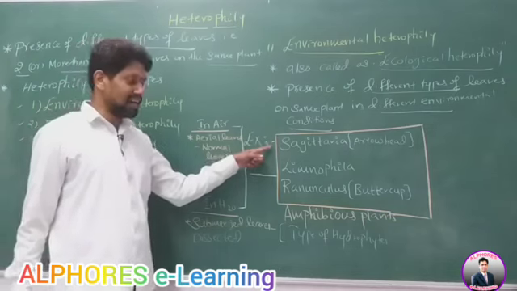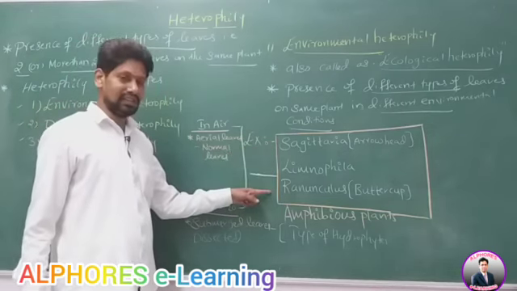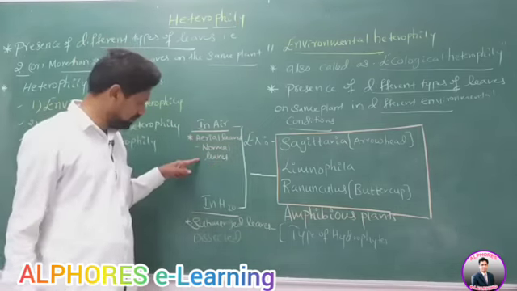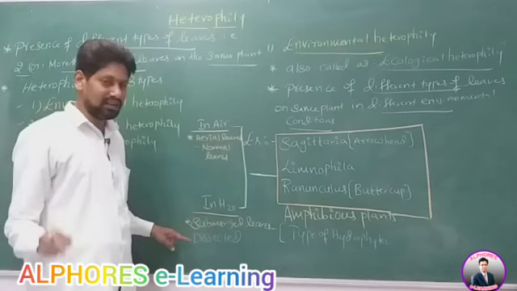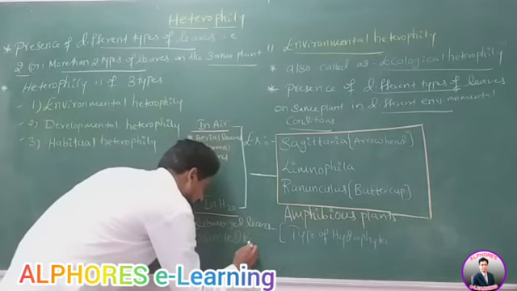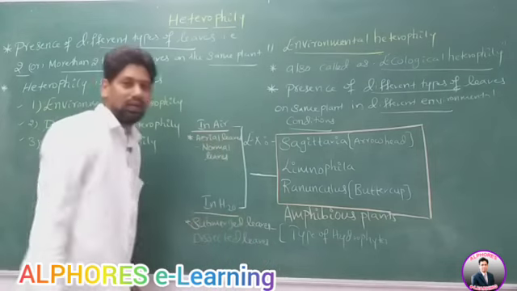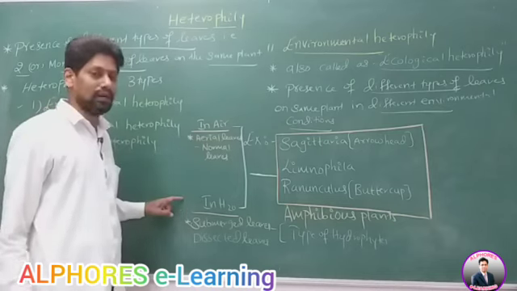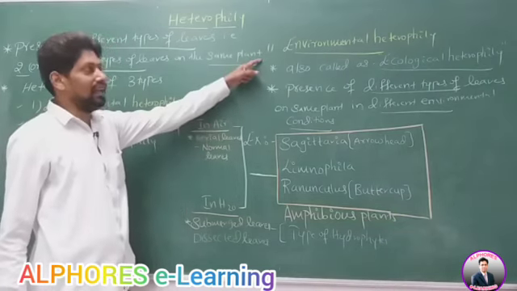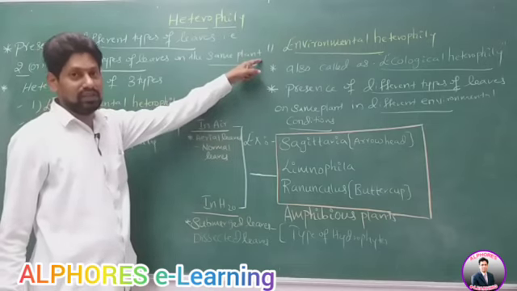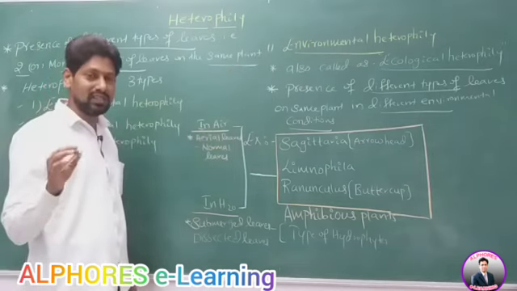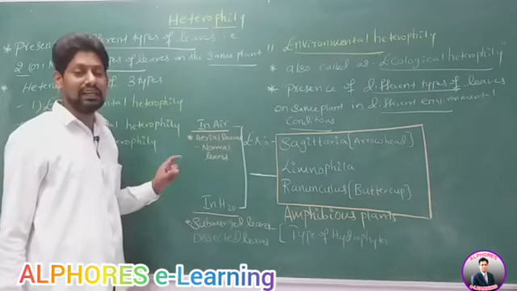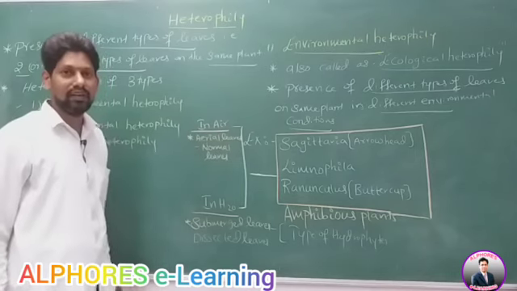It means in the case of Sagittaria, Limnophila and Ranunculus, in air, aerial leaves are normal. In water, submerged leaves are dissected leaves. In different environmental conditions, different types of leaves are present on the same plant. So it becomes environmental heterophily. Therefore, the plant produces different shapes of leaves in different environmental conditions. Is it okay?